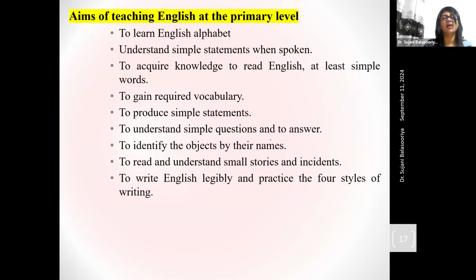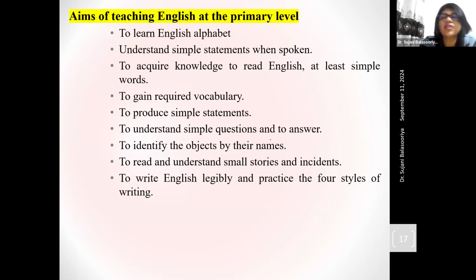Right now we are coming to a list, right? In this list, also you find aims of teaching English at the primary level, but this list is not categorized like the previous part, right? You have some points, different ideas in point form. And these are very simple to catch, to follow. Why should we teach English to the students at the primary level? These points will answer to that question. Actually, these are the aims, right?